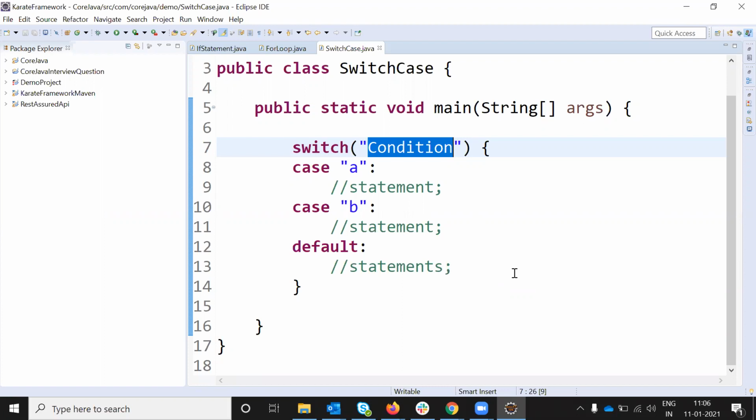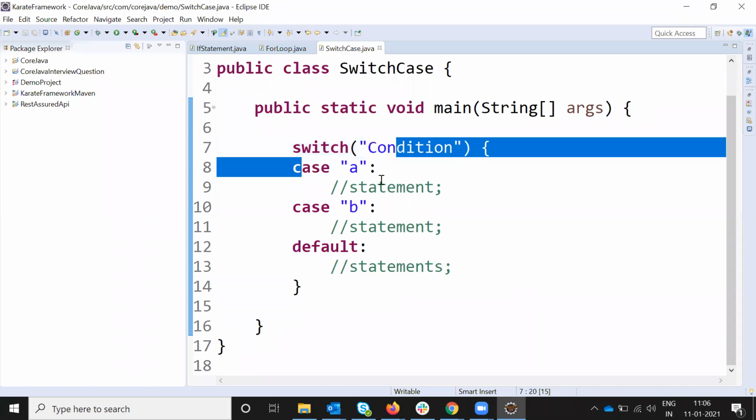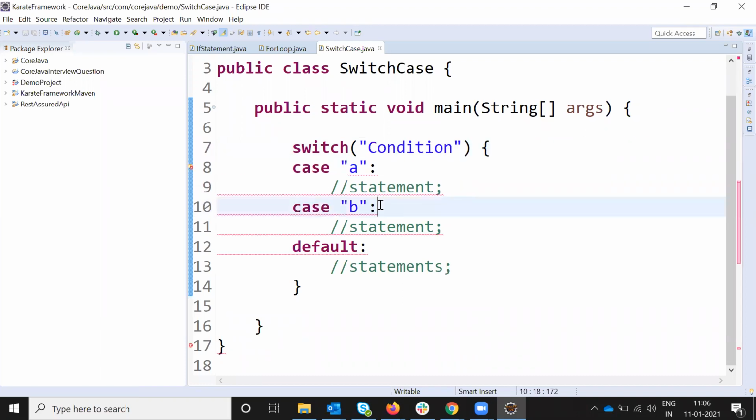Today we are going to discuss switch and break statements in Java. Switch means that when the switch condition is satisfied, it will check it against the cases. If the switch condition and a case value both match, then it will execute the piece of code inside that case value. If nothing matches, it will execute the default value and jump out.